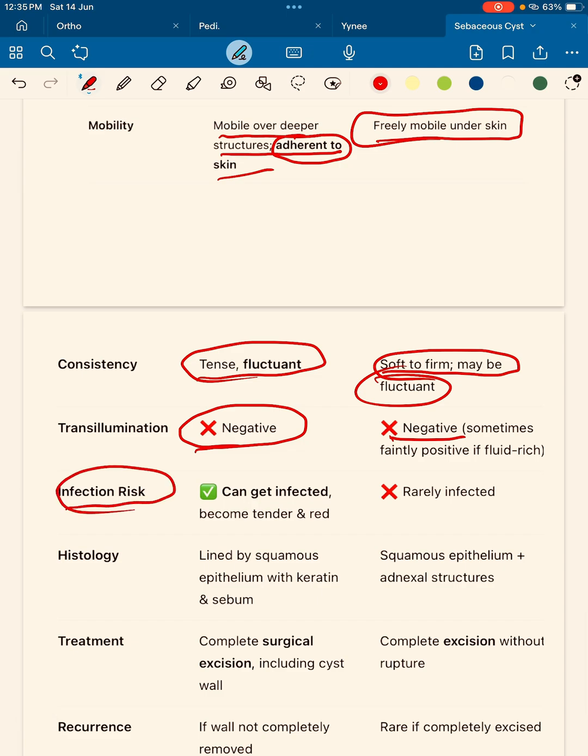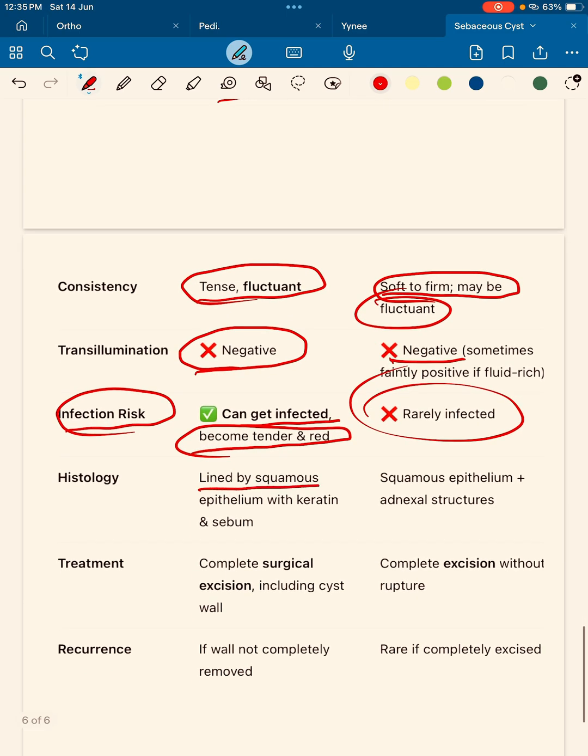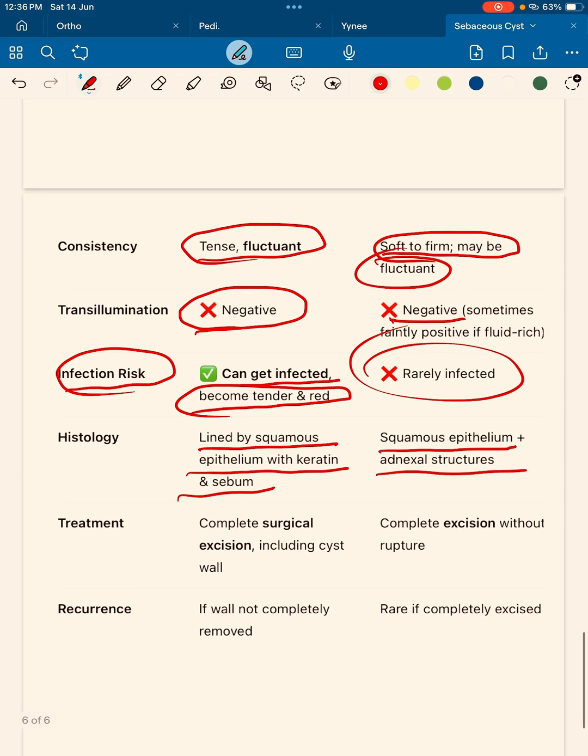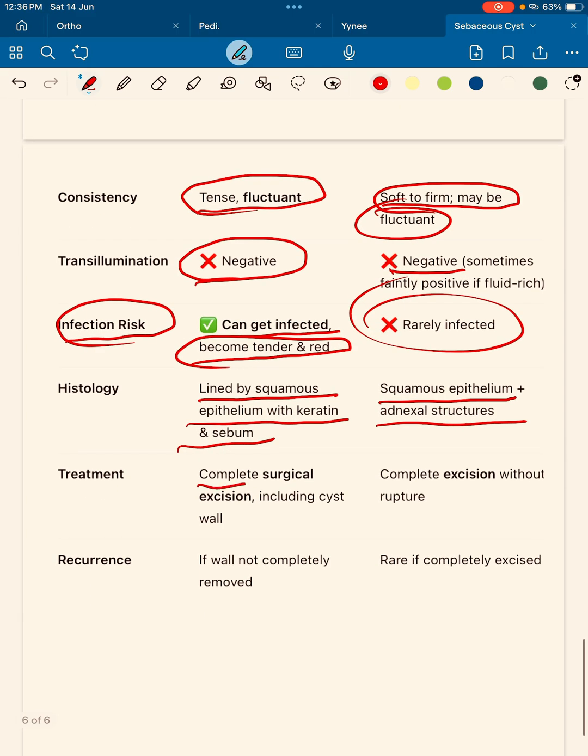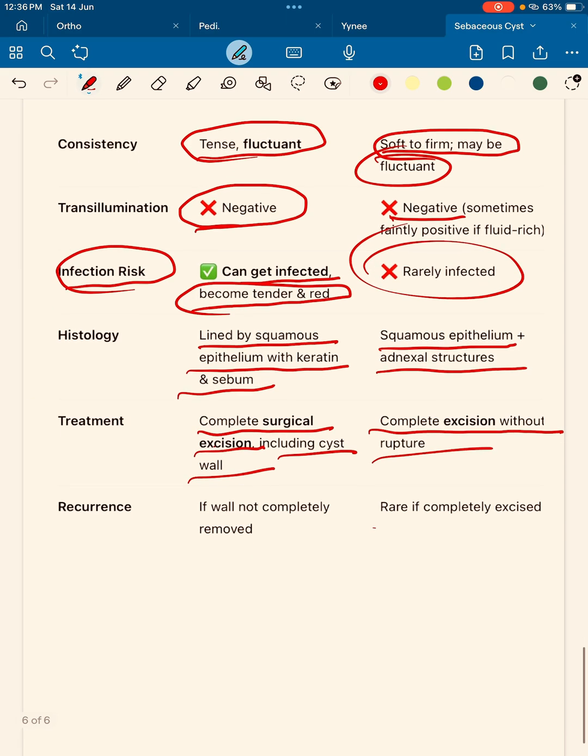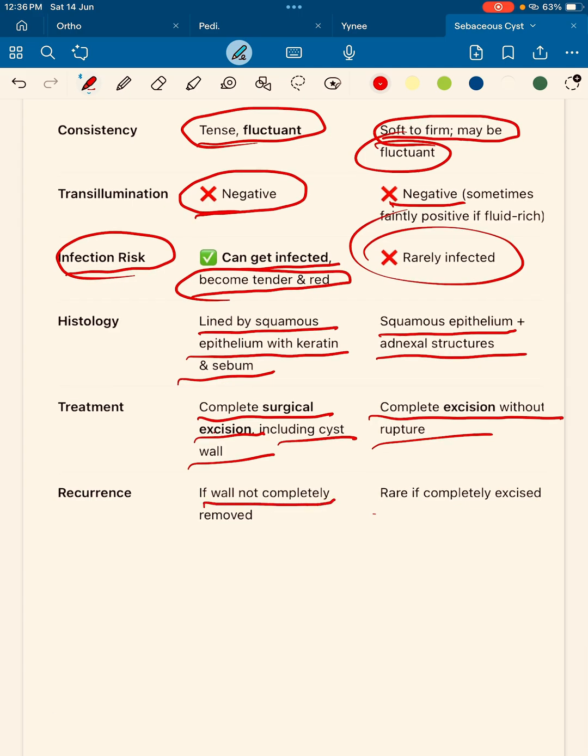Infectious risk: can get infected, become tender and red; rarely infected. Histology: lined by squamous epithelium with keratin and sebum. Squamous epithelium with admixture structure. Okay, treatment. Complete surgical excision, including the cyst wall. Complete excision without rupture. Recurrence: if the wall is not completely removed, rarely it